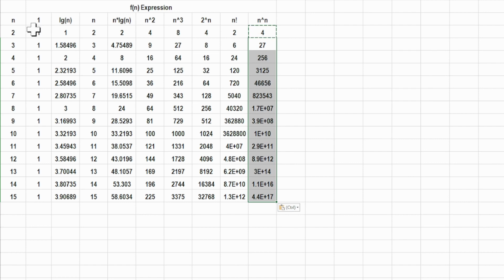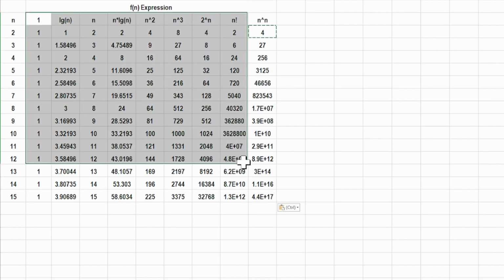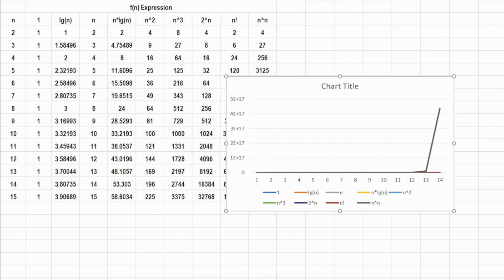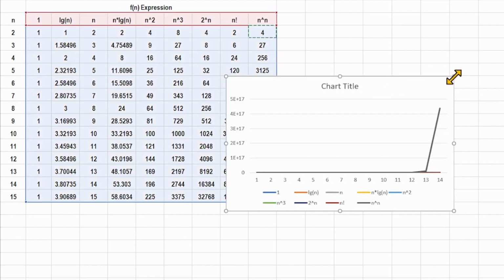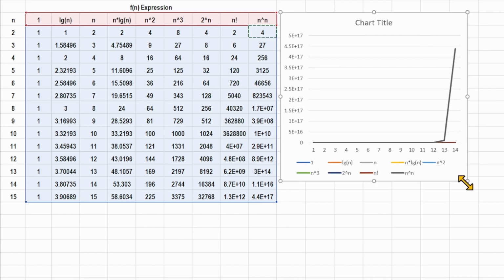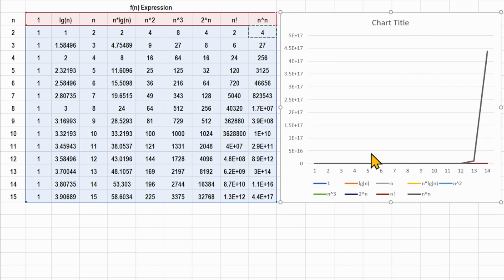Now, what we're going to do is we're just going to simply take these guys and graph them. So let's go ahead and insert a graph to represent the relative values of this. Now, here's our little graph. Now notice that whenever you're looking at the values that are the result of our different expressions, that n to the n so much outpaces everybody else that you don't even see any changes in the graph for any of